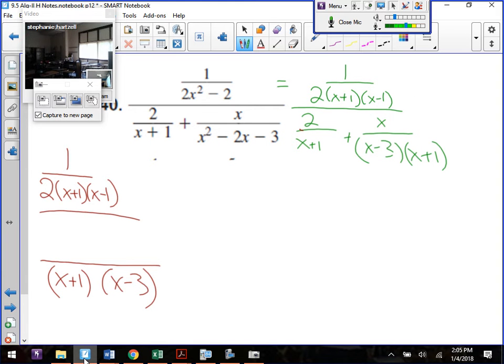The fraction on the left has an x plus 1, but what's it missing? It's missing the x minus 3. So I'm going to have a 2 times the x minus 3. The fraction on the right has them both. So what do I write? Just x. So now all I have to worry about is simplifying the one numerator. So I have 2x minus 6 plus x, which is going to give me 3x minus 6 all over